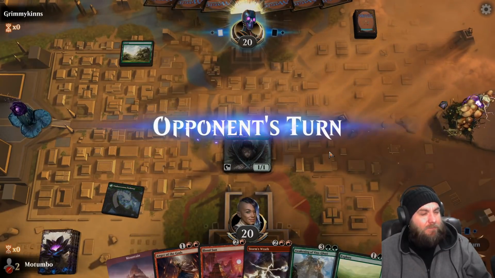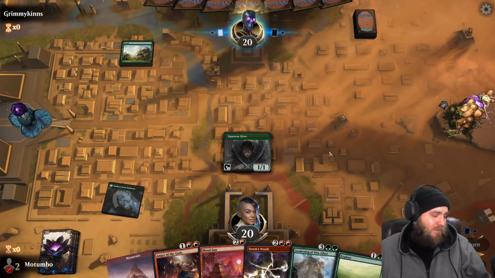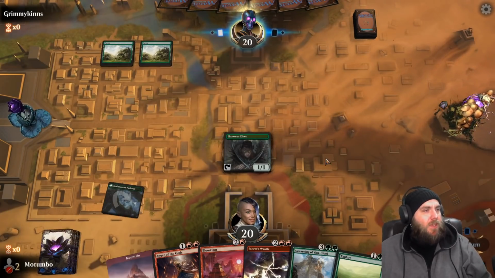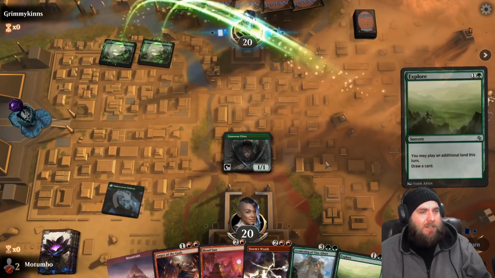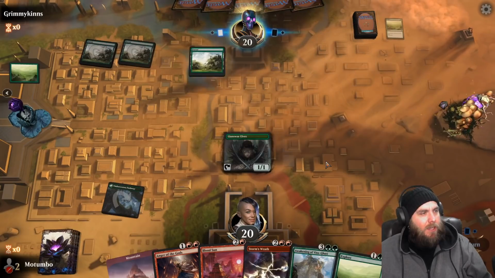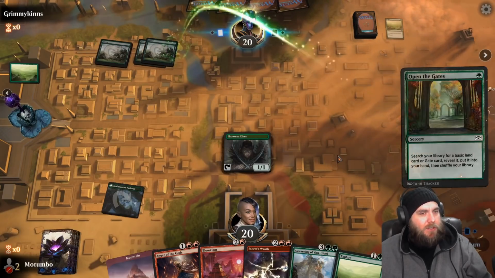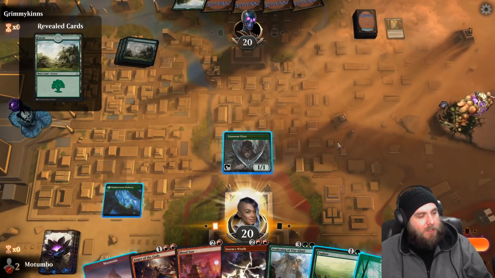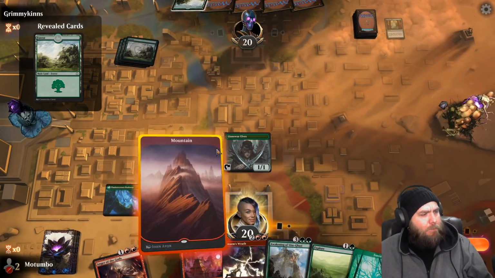Again, a Lotus Field is just so sick. I do feel like that two-card combination, Blood Sun and Lotus Field, if you have it on turn 2, is just almost unbeatable. Obviously, it's not unbeatable, as we saw earlier, but